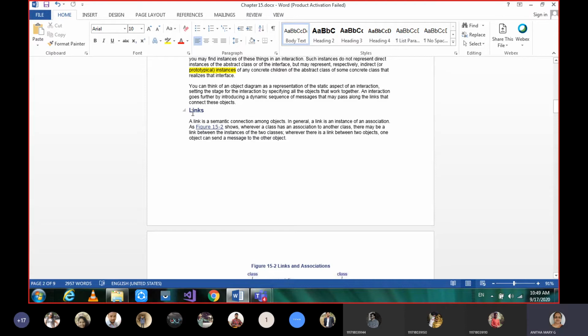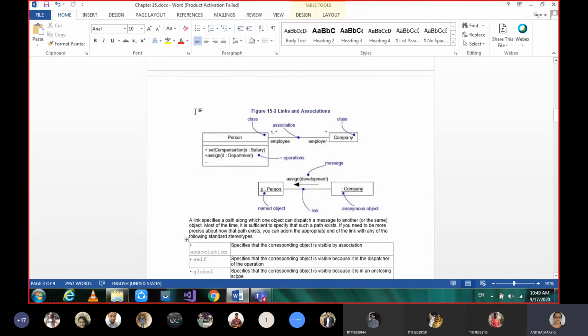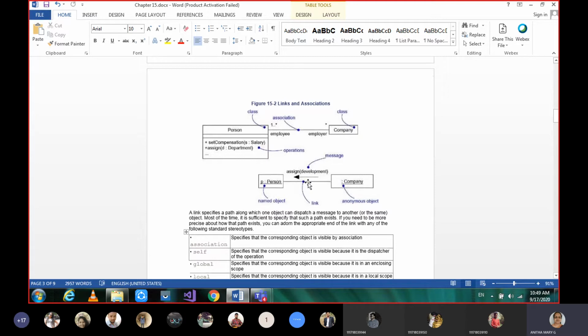And the next terminology, the third one, is links. At the beginning of this chapter I already told you what a link is. The communication or the relationship between two objects, we call it a link. So that is what the link is.